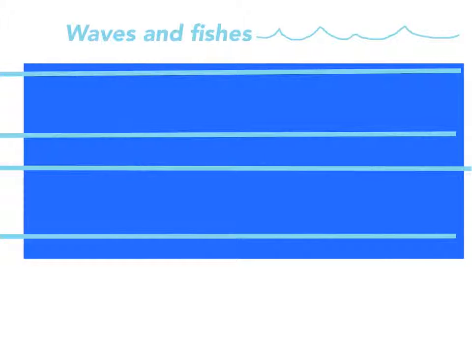First thing you need to do is draw yourself 4 registration lines in your marker, top, bottom and 2 in the middle. Measurements don't matter too much, you just need to make sure you've got them there to give yourself a guide. Once you've done that and you're ready to sew, you're going to start with the waves, and this